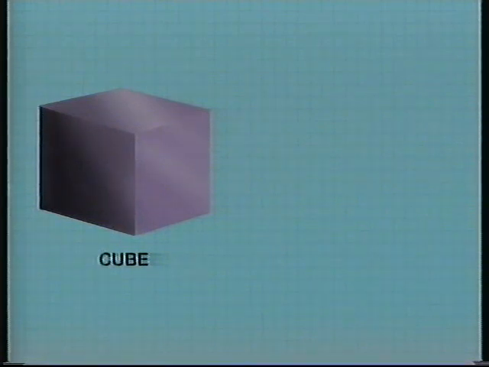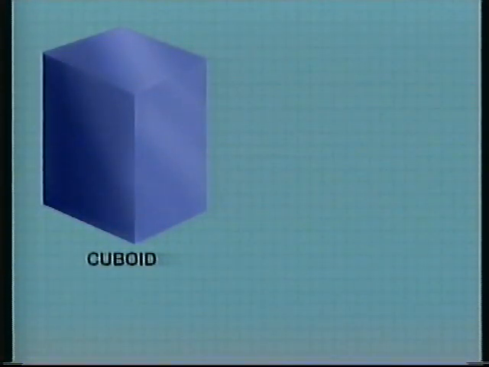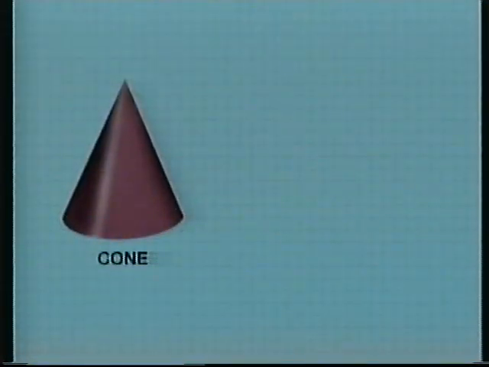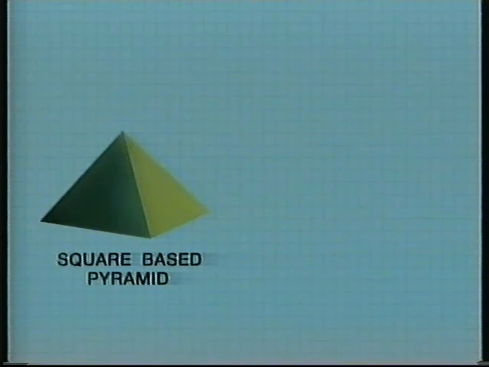The complicated shapes of the real world are often built up from simpler solids or shapes. A cube, a cuboid, cylinder, cone, or a pyramid. If a rectangle has measurements of 5 centimetres and 4 centimetres, the area is found by